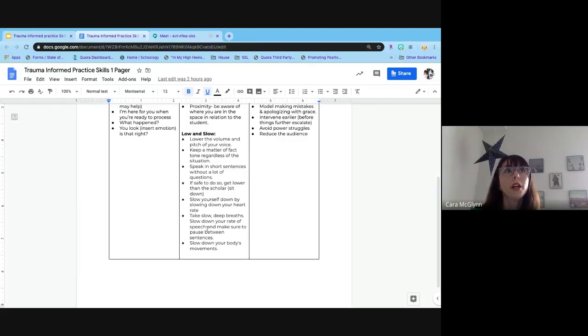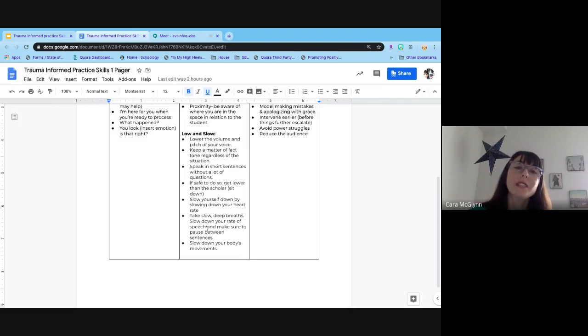When people are in their amygdala response, that fight, flight, freeze, it can take 5 to 10 minutes for someone to fully comprehend what you're saying. And even then, your short term memory is really impaired, so they likely won't recall it later. And if we're thinking about students with disabilities on top of it, if we're giving them multi step directions, it's likely that they cannot comprehend them when they're in crisis.